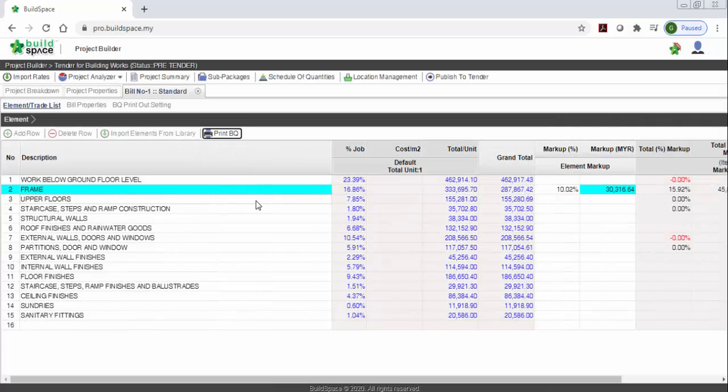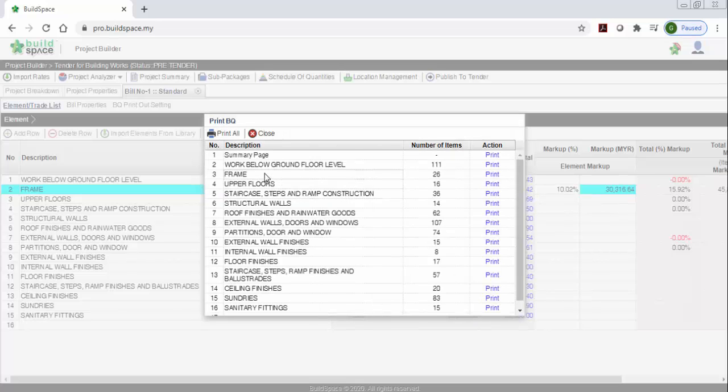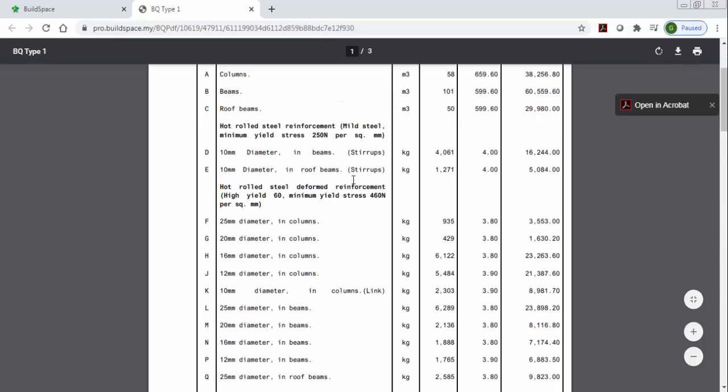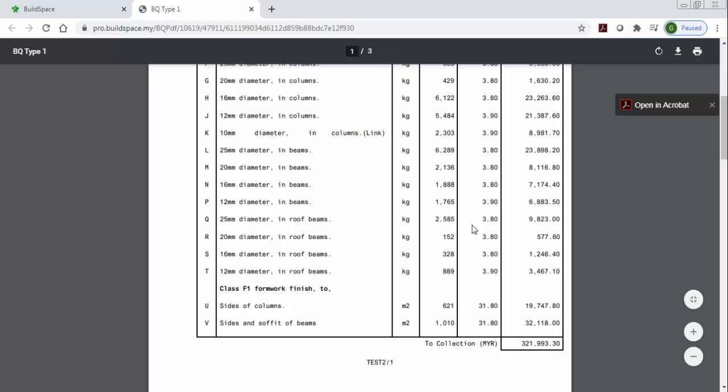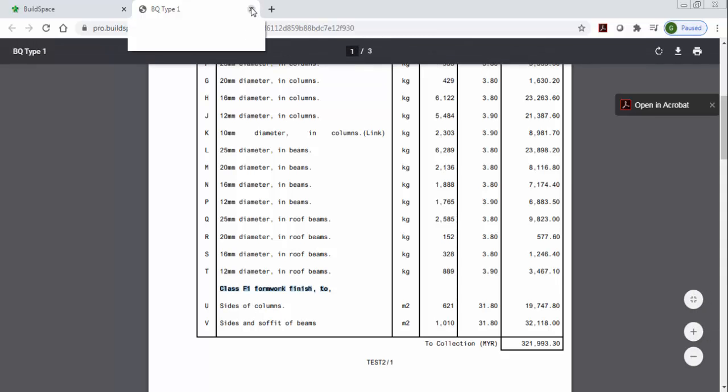If you want to set some of the BQ layout, for example, I open one, let's say frame. So you can see the frame, the BQ by default in our system is like this. Let's say for example this formworks is supposed to go to the next page in your original tender BQ. You can set this one to move to the next page too. What you need to do is you just close,